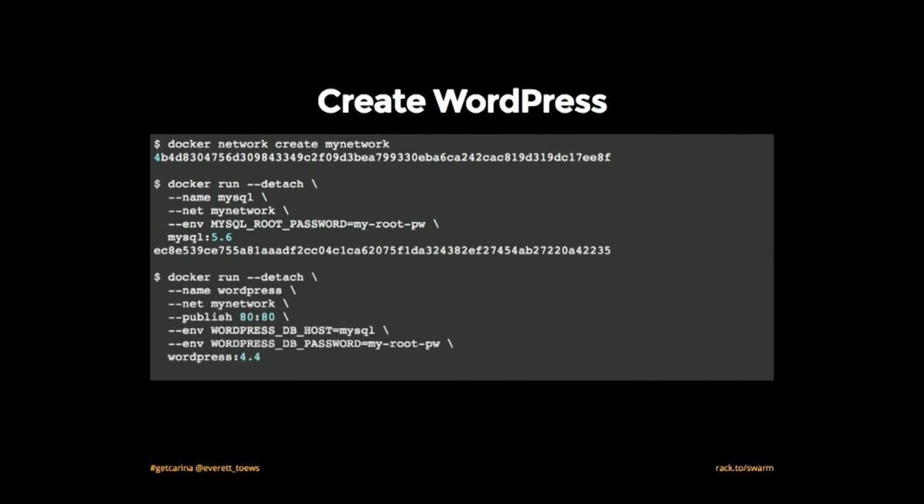So now we go ahead and run a container with a WordPress instance. We attach it to my network, and we're publishing port 80 this time because we want to expose this WordPress instance to the world so they can read our fascinating musings about anything, what have you, in whatever language you care to. Something I want to point out here is that we're also passing in this environment variable, WordPress DB host,